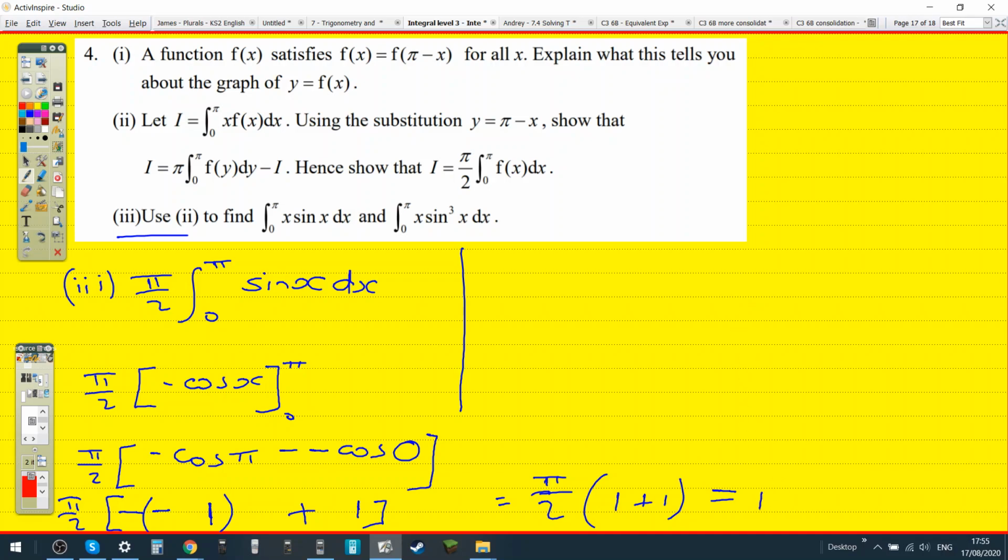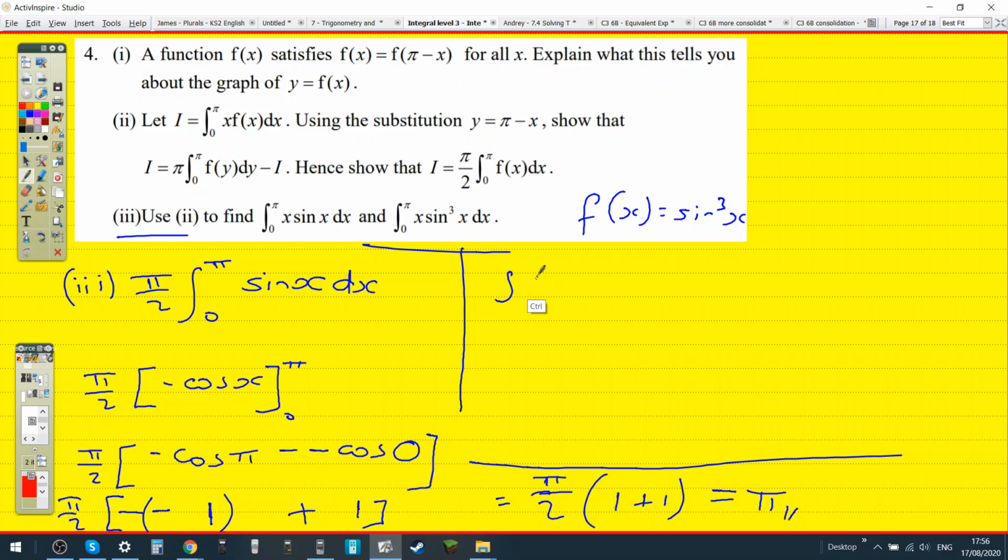Pi, that's just pi. And this thing here, f of x is equal to sine cubed x. Then you have to integrate sine cubed x, which is